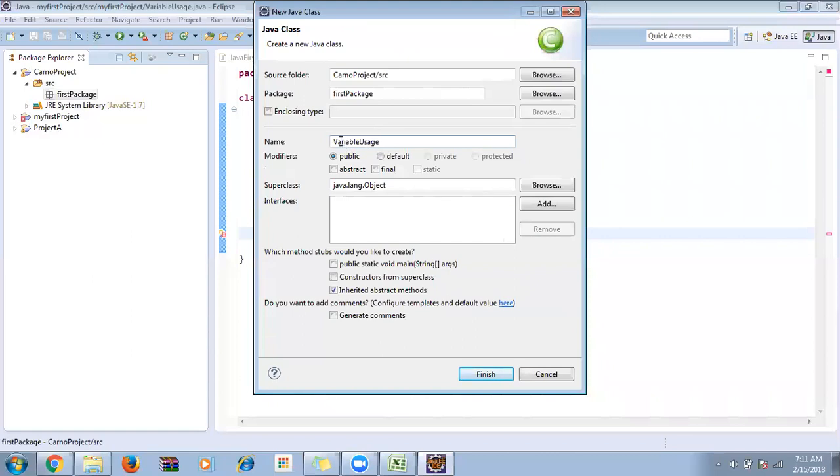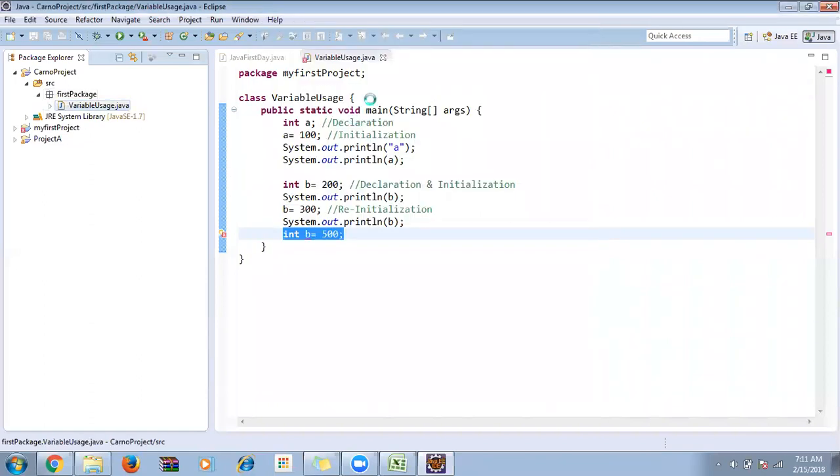Variable usage. The class name always should start with a capital letter. If I start with a small letter, it gives me a warning. It does not mandate it, it is just a warning for me. Then select public or default. Then click on the main function. In case you have forgotten to click on the main function,